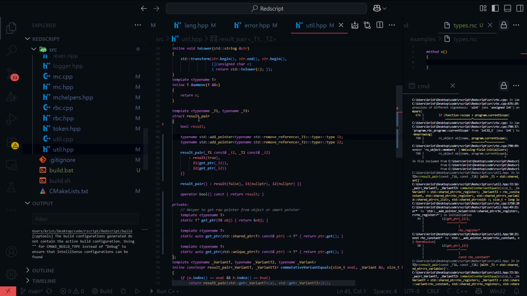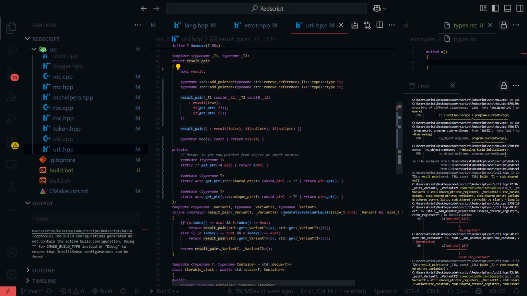And what I would do is I use this result pair in a function called commutative variant equals, and it takes in a variant. In other words, the variant I'm using is a redscript variant, and it's going to be the result of an expression. So it could be a variable, a register, an object, a list, or a constant.